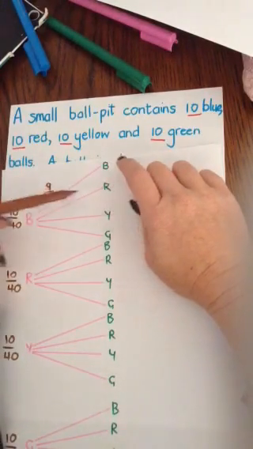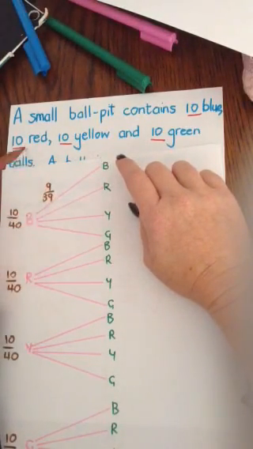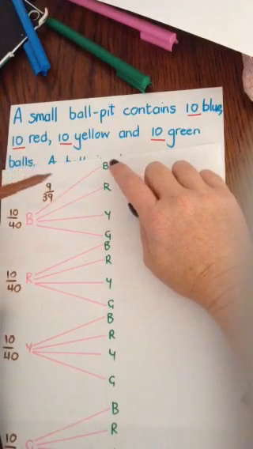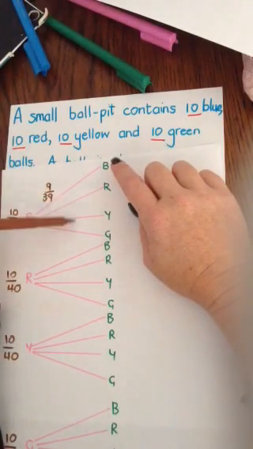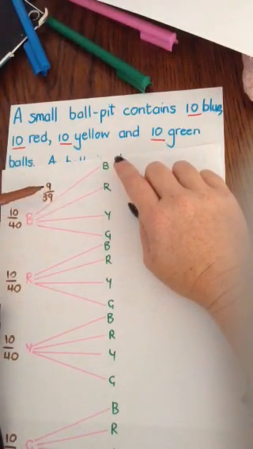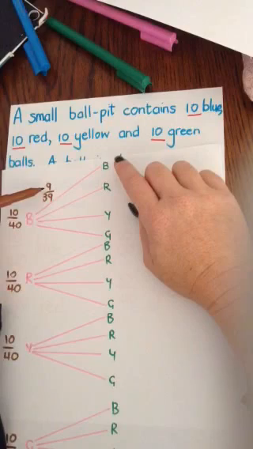If we took one away, we were left with 9 over 39. Now you've got 3 others, so you've got to divide the rest of them into 3. So you've got 9 over 39, and how many have you got left? You've got 1 over